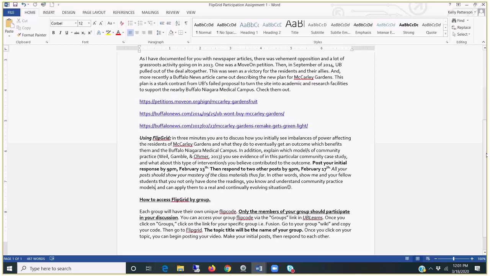So here it is laid out. Here I've laid out exactly what I want to see from them, and I want to see evidence that they understand community practice models and that they can apply them to a particular local case study, which I've given them here. So then we can go back to